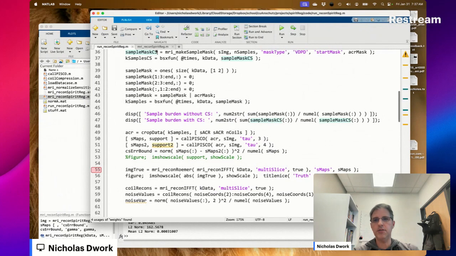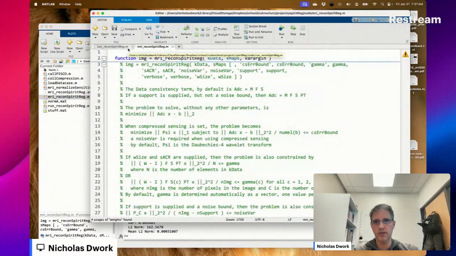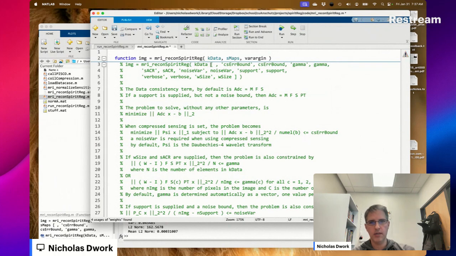The first step to joint sparsity is making this work for just a single coil. So I think S maps now is going to be an optional parameter.